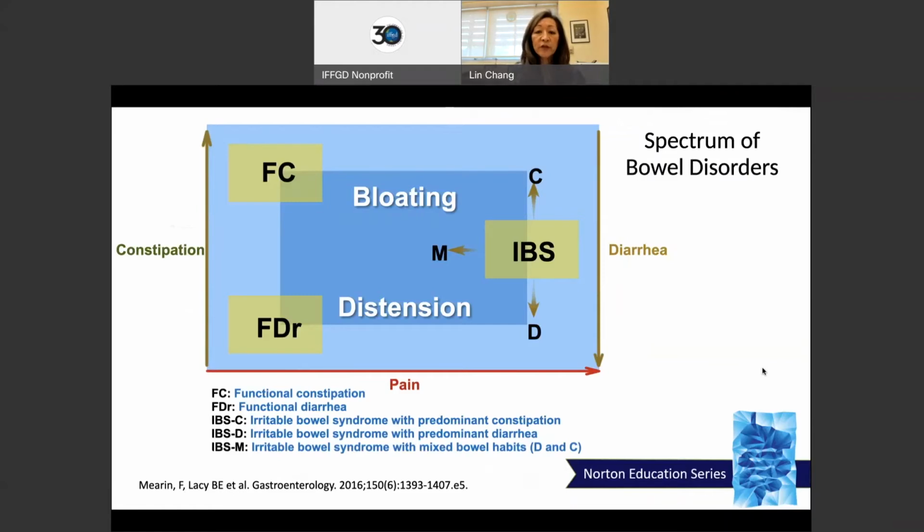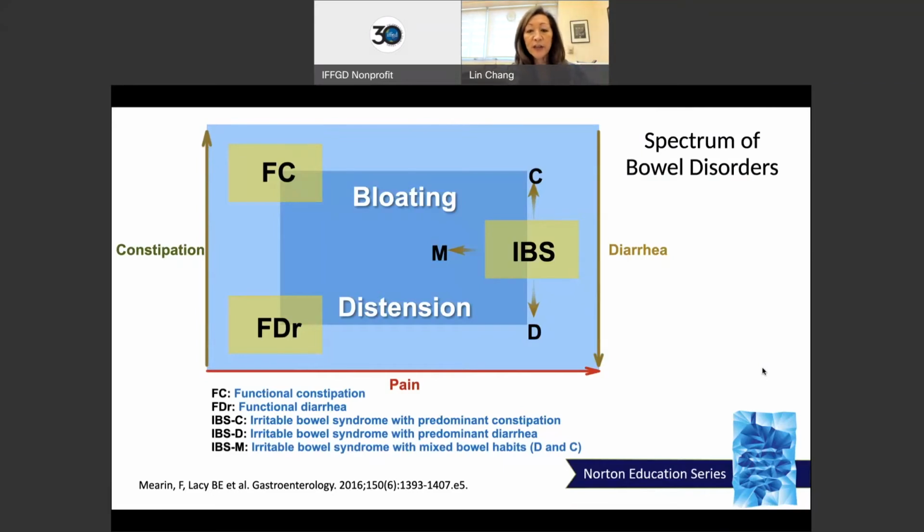Now we know that there's a spectrum of bowel habit in these different disorders of gut-brain interaction, or functional bowel disorders. If you look at the x-axis, that's the scale of pain. So if you move to the right where the patients have more pain and they have bowel habit abnormalities, they have IBS or could have IBS. On the y-axis, you can see constipation and diarrhea. If you move up the y-axis,